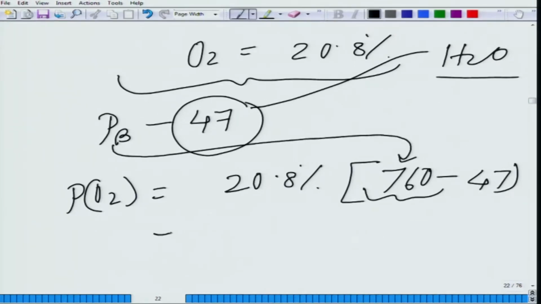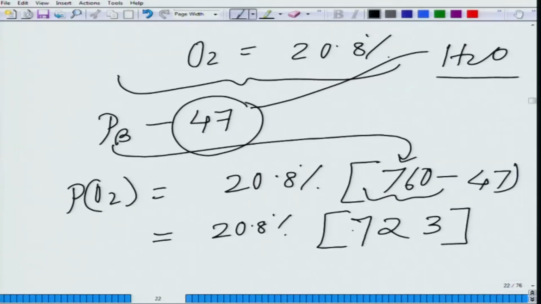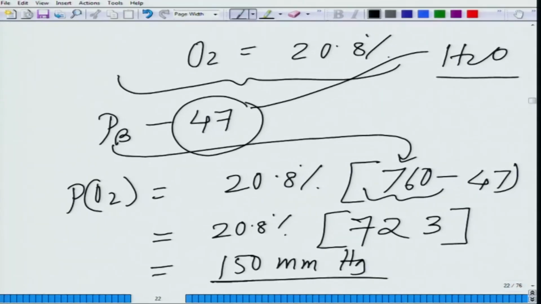So, if you really solve this whole thing, 20.8% of 713, and if you totally calculate it, it comes out to be approximately 150 millimeter mercury. So, this is the contribution of oxygen. If this is the contribution of oxygen,